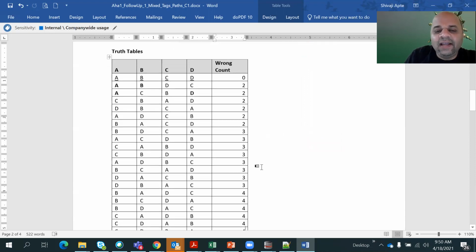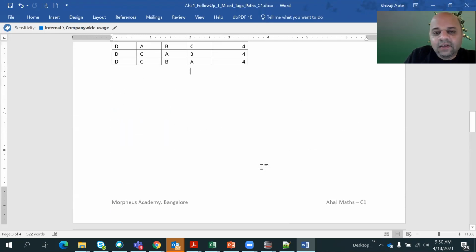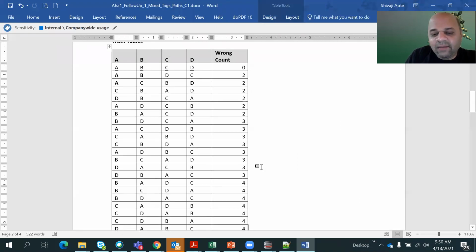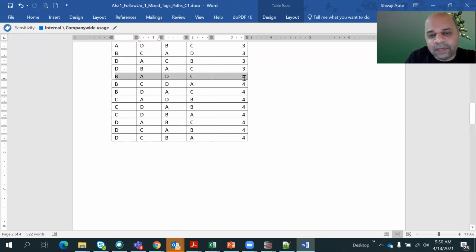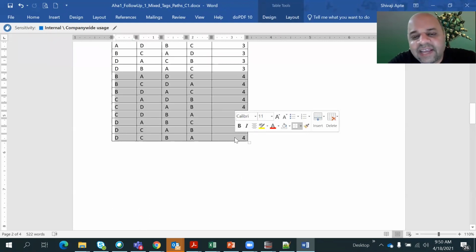And why it is called a truth table is that you just look at the table and count the rows which are true from your perspective. In the second scenario, only these rows are true because this is what you are interested in: 4 wrong. Everything else is false for you, because you are ignoring it. So that is why it is called a truth table. It's a very powerful technique in logic and you can use it in many different puzzles. Maybe later on I will send one or two more puzzles which can be solved using this technique, if you apply it.